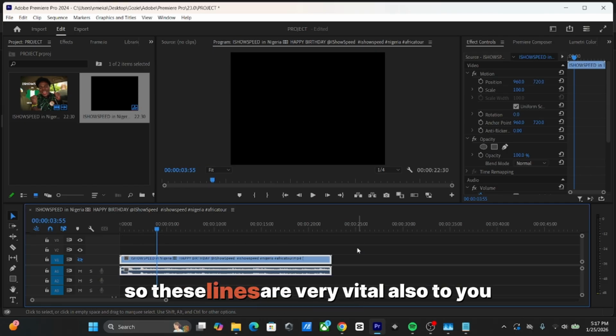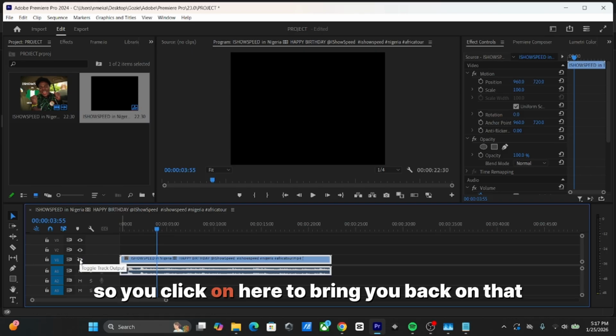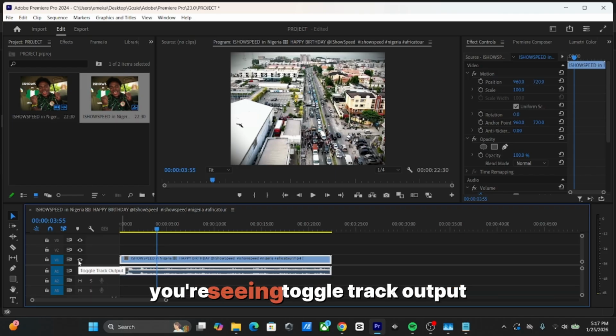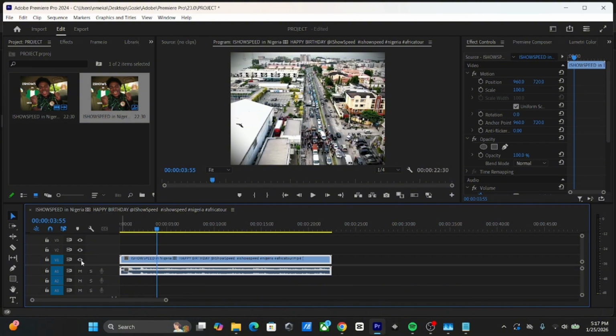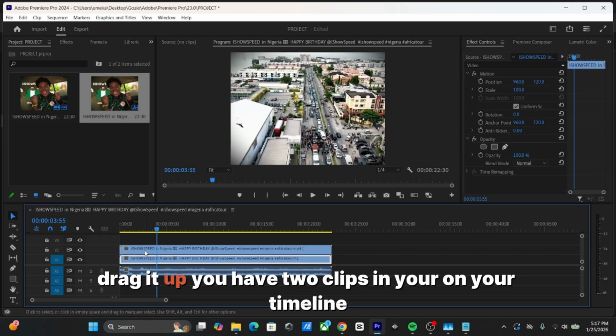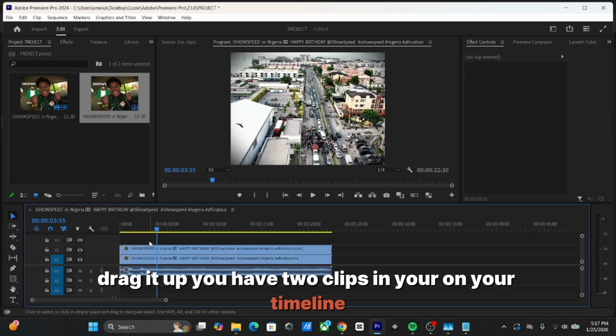So these lines are very vital also to you. So you click on here to bring it back on. That this is you turning it. As you hover the mouse over it, you're seeing toggle track output. So let's say you click on alternate, drag it up. You have two clips on your timeline,